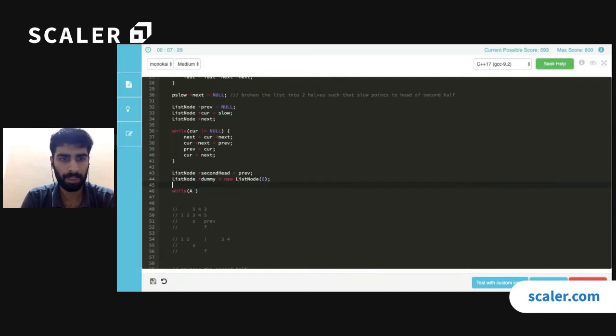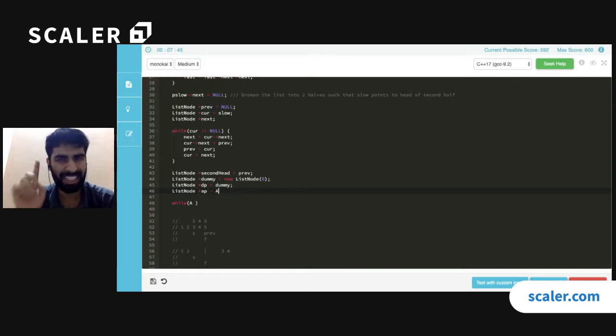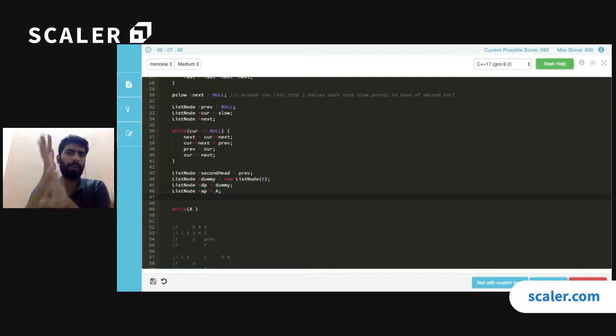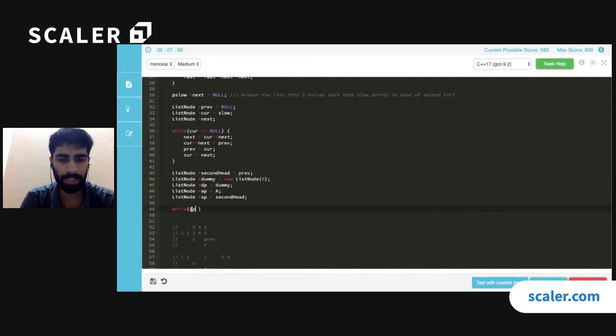Then we will need a pointer to the current index in the answer, so ListNode dummy pointer, initially equal to dummy. We also need a pointer which will be initially a, and we also need the pointer to the second half, which will be second head. So while a pointer is not equal to null and second pointer is not equal to null,